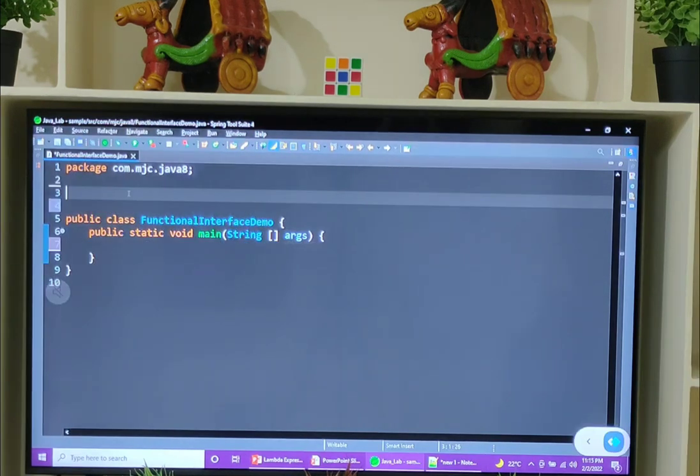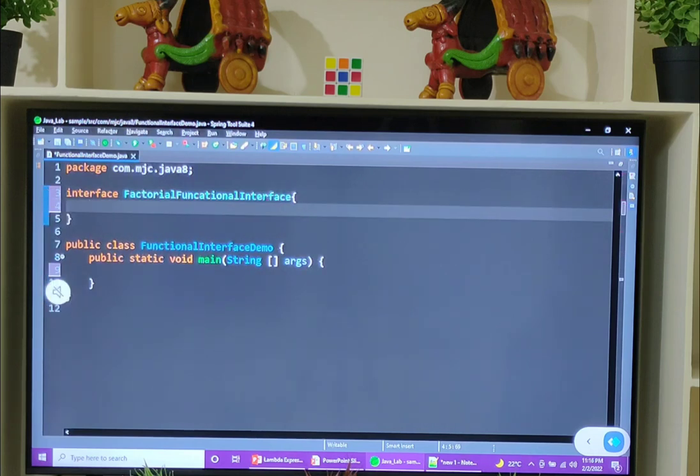Let's take one more example. In this example, we are going to find out the factorial of a number. Interface Factorial, functional interface.